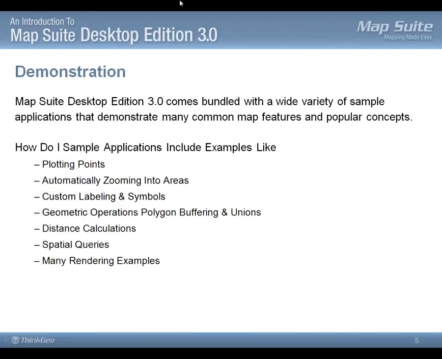All right, with that, enough of the PowerPoint slides. I think it's time to get into the demonstration. And what I'm going to be demonstrating today are the actual how do I sample applications that come along with the evaluation version. And there's a lot of them in here, but if any of you download the evaluation edition,